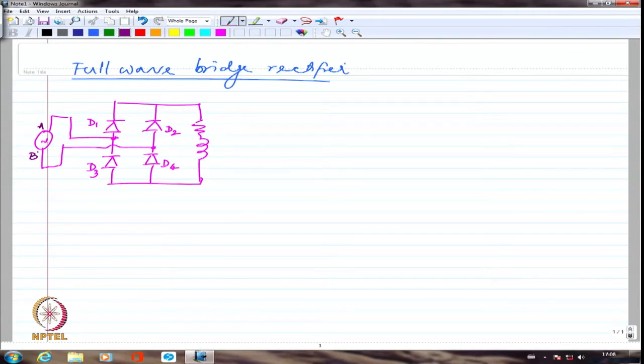During positive half cycle, A will be positive, and during negative half cycle, B will be positive, right? And we said that the path will be from A to D1 to RL, and then it will go through D4 and back to B. So this is during positive half cycle,